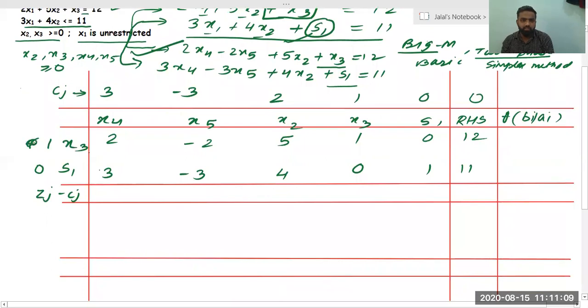Just let me cancel this. So this will be 2, 0. Just remember 2 minus 3 is minus 1. Just remember what I am doing. It is not like you have to write cj minus every time. Since there is 1 into 2, so 1 into 2 will be 2, 0 into 3 will be 0. So 2 minus 3 is minus 1. Again, minus 2 plus 3 will be 1. Okay, I hope everyone is getting it.